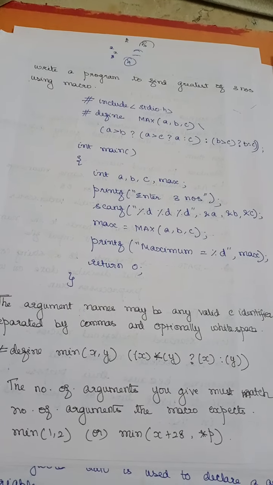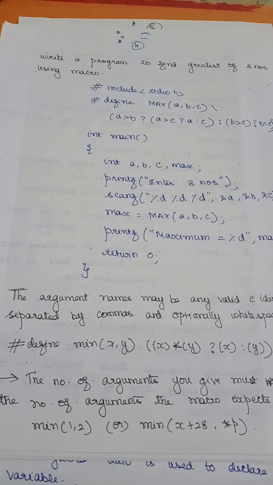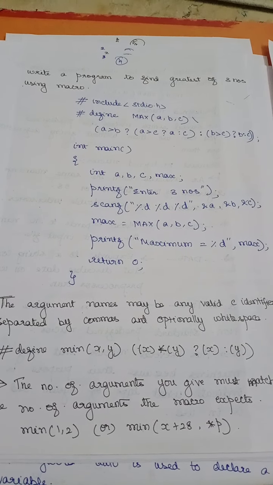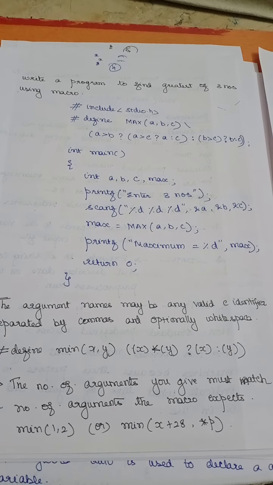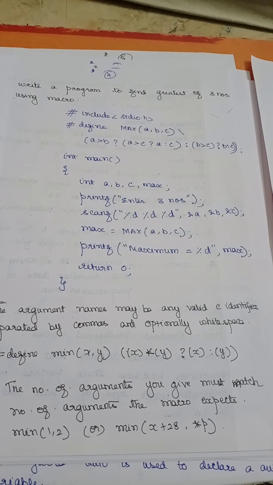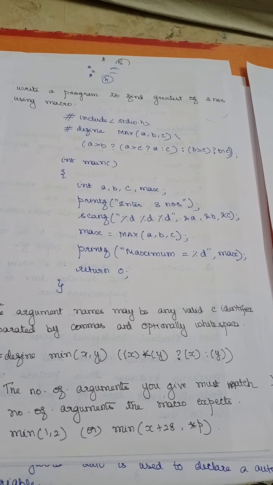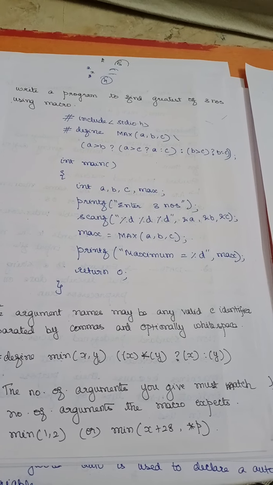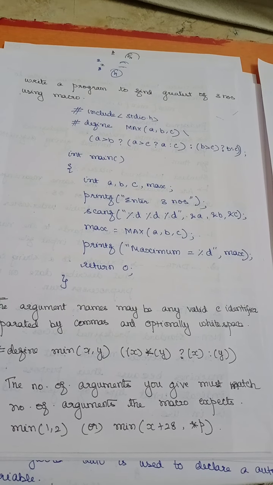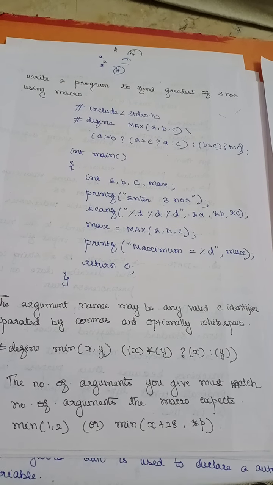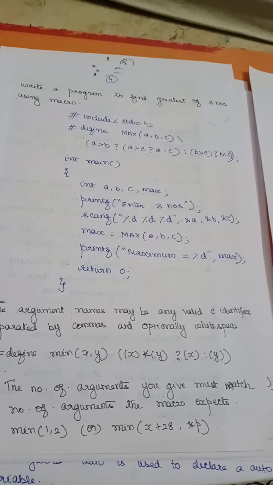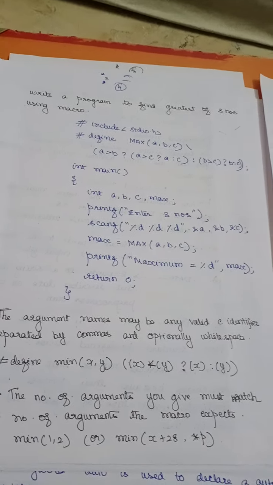Now in the same way you can write a program to find the greatest of 3 numbers using macro. Now I need to find the greatest of 3 numbers. So you know the concept. What is the concept? First I have to check the first number with 2 things: a greater than b, a greater than c. Then I have to print that the greatest is going to be a. Else I need to check b with c, and then I am going to confirm whichever is greater, either b or c. That is what we have done here.